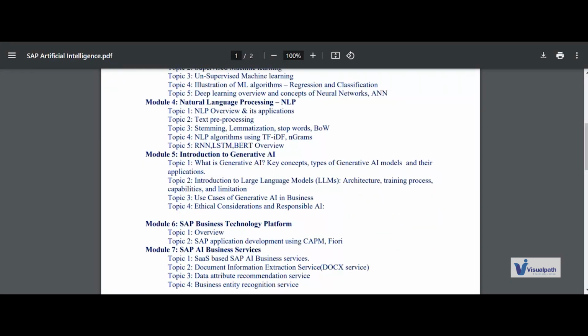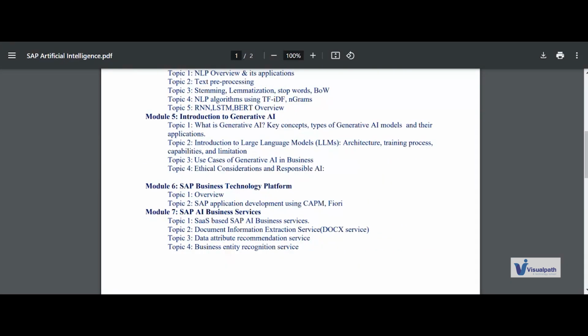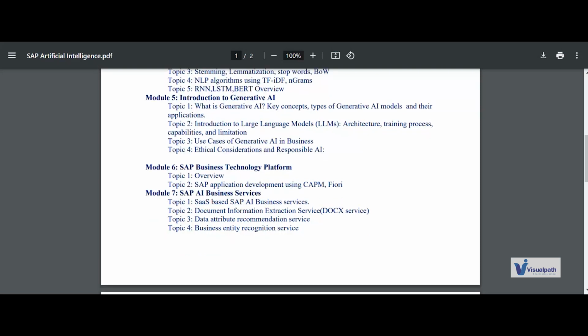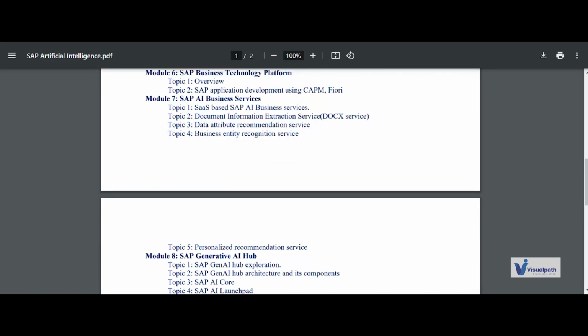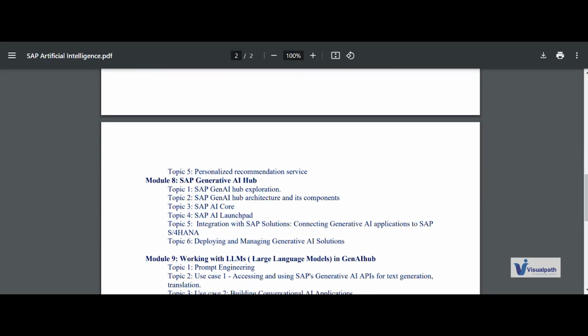Then we get into the Business Technology Platform and simple application development using CAP, the Cloud Application Programming model, when I say CAP, that's the abbreviation. We go a little deeper into SAP AI Business Services, which are SaaS-based solutions available on SAP Business Technology Platform, and we'll show a couple of use cases in document information extraction. And then Generative AI Hub, where we cover it end to end.